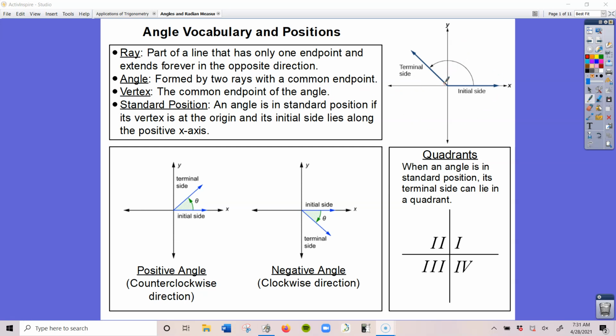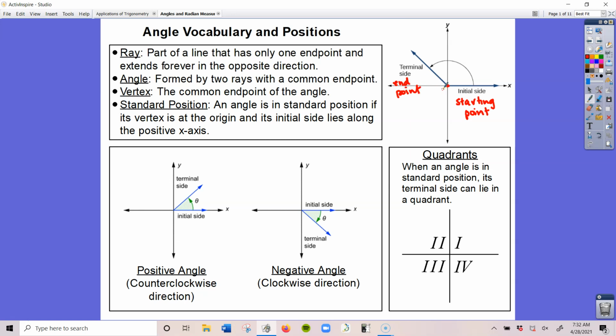So if we look here at this diagram, this point right here, this is your vertex. And both parts here, these are the rays that create the angle. An angle is said to be in standard position if the vertex is at the origin, which you can see here, and its initial side lies along the positive x-axis. So all of our angles that we're going to be looking at today are going to be put in standard position. So where your angle first opens up, this is the starting point of the angle, which is the initial side. And then where it opens up and ends up, that's the terminal side. So this is the end point